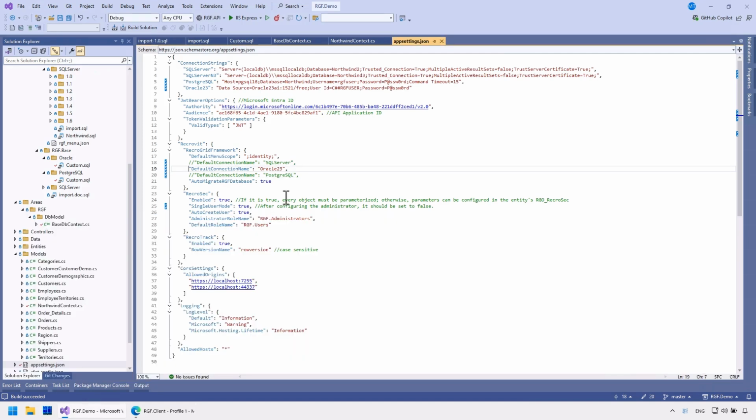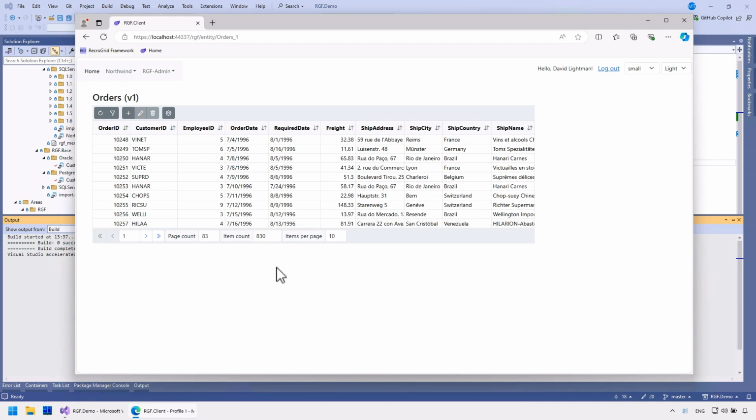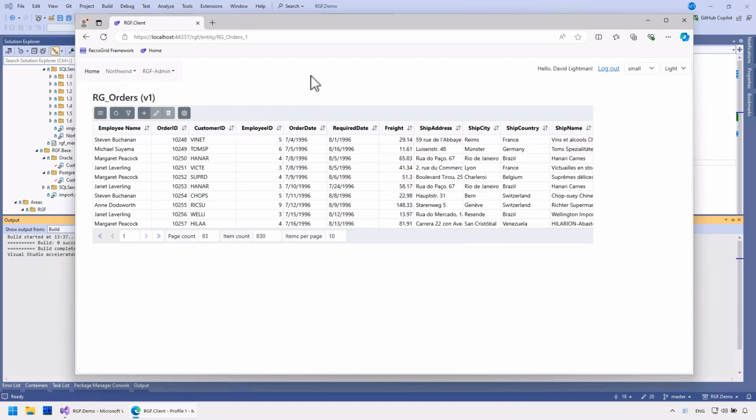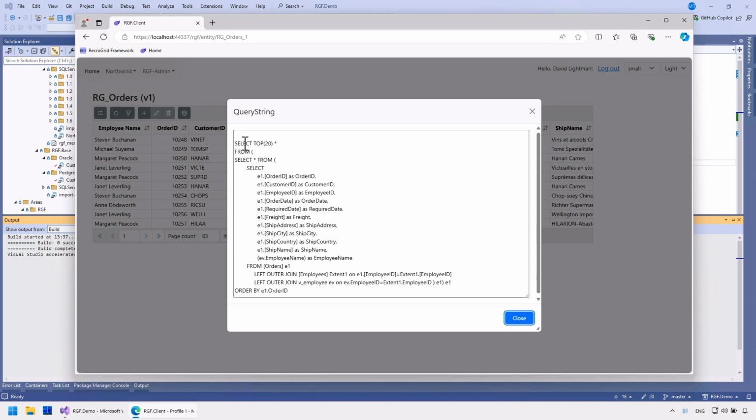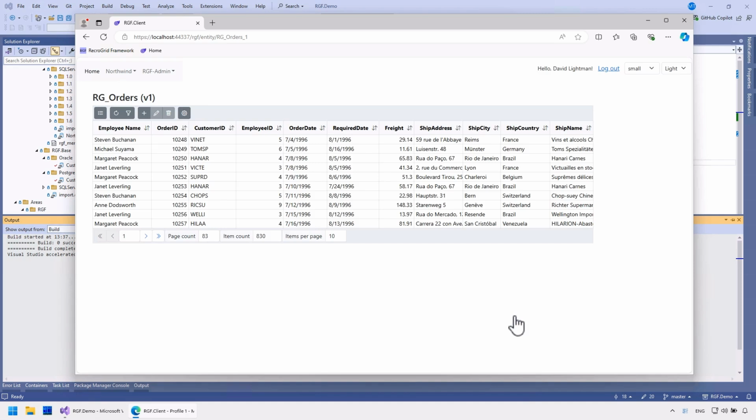Finally, let's return to SQL Server. And this is the SQL Server query. That's all we have time for in this demonstration. I hope you found it useful and see how easy it is to switch between different database servers in the Recrogrid framework. Of course, paging, filtering, the authorization system, change tracking, and other RGF features all natively support these databases and work instantly without any coding.